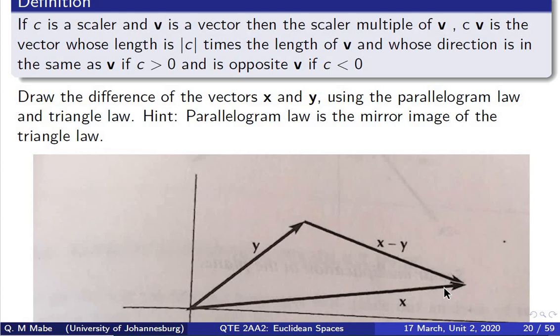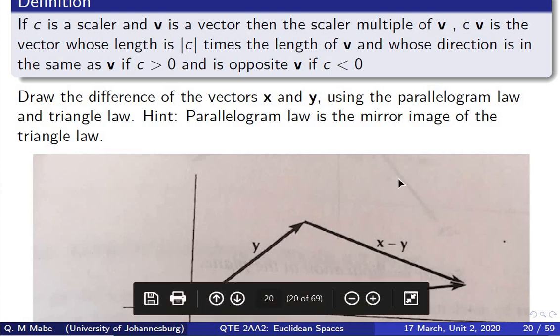So in this example here, we need to draw the difference of the vectors x and y using the parallelogram law and triangle law. So the parallelogram law is the mirror image of the triangle law. So what we do here, as we are given